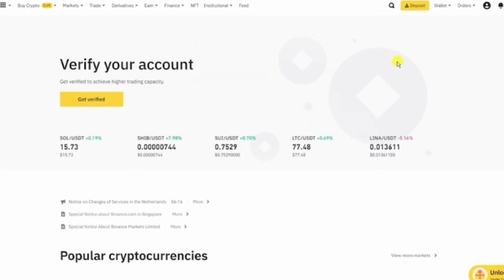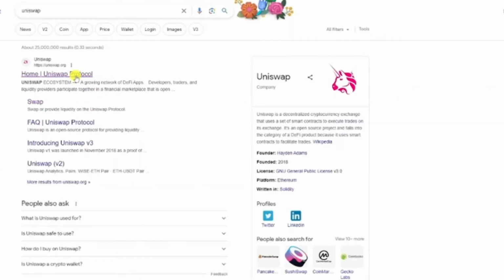First you have to open your Binance account. In order to transfer crypto from Binance to Uniswap, you need to follow these steps. You have to create and connect a non-custodial wallet such as MetaMask to your Uniswap, and you can download MetaMask as a Chrome extension and follow the instructions to set up your account and backup phrase. You also need to add the network that you want to use for sending crypto, such as ERC20 or BEP20, to your MetaMask wallet. So first you have to log in to your Uniswap by opening it in your browser,